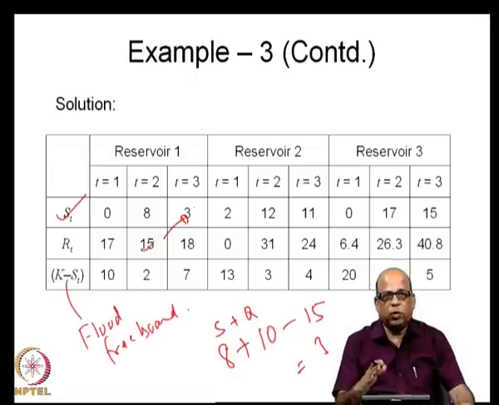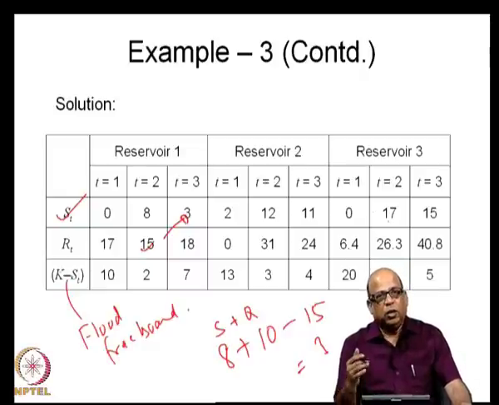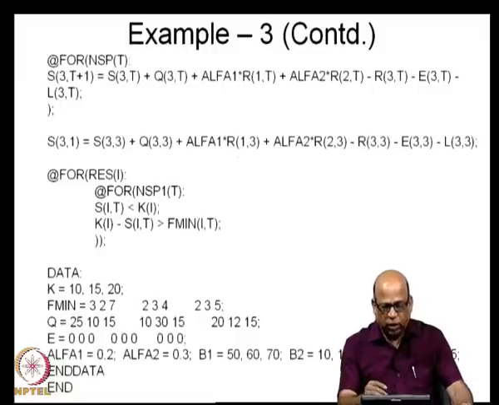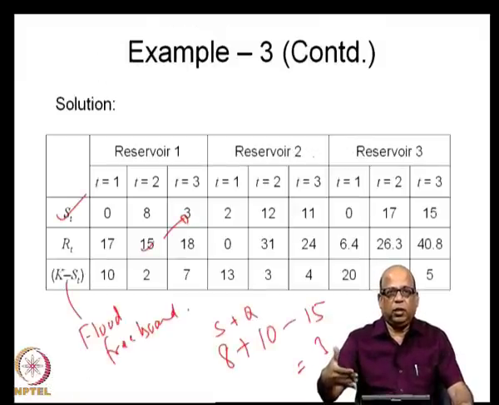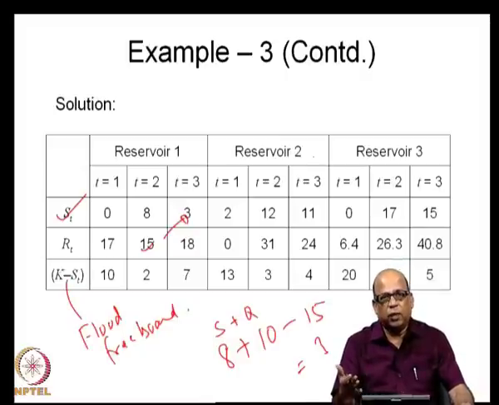So, you must be alert to the situation that the optimal solutions that you obtain finally may have overflows occurring even when the storages are not at the capacity. So, the overflows must be non-zero only when the reservoir has reached the capacity, and that you must make sure. At the reservoir 3, when you are checking for the continuity, you must make sure that you use the alpha 1 and alpha 2, because the reservoir 3 is also receiving water from upstream reservoirs. So, that fraction has to be accounted for when you are checking for the mass balance at reservoir number 3.